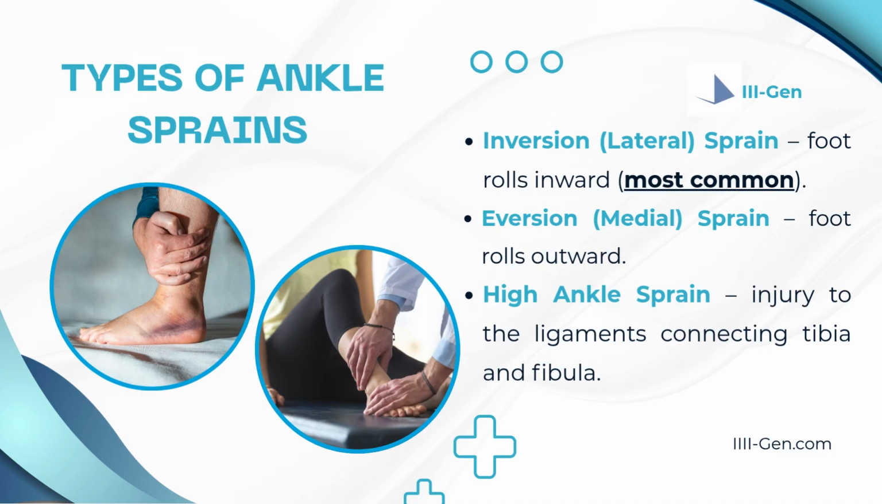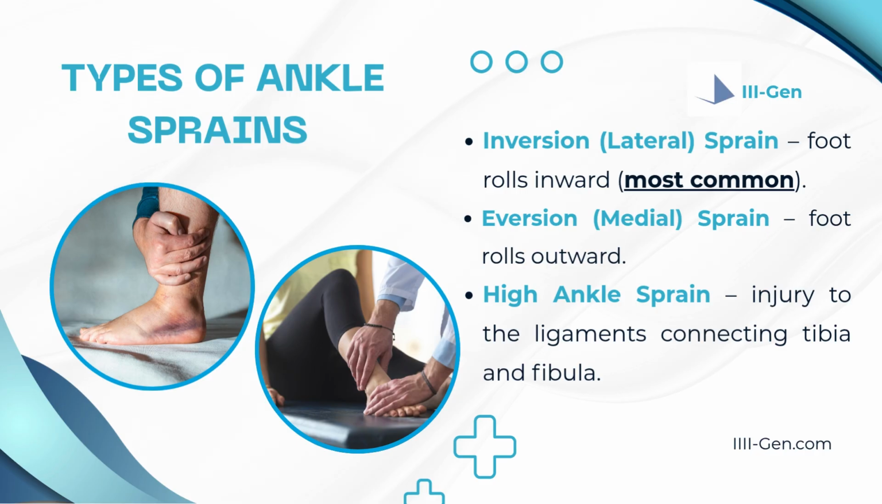Now, the types of ankle sprains. You have inversion, eversion, and high ankle sprain. Now, an inversion sprain is, like I said, a lateral sprain, when your foot rolls inward. That's the most common. Eversion sprains are medial sprains, where the foot rolls outward,